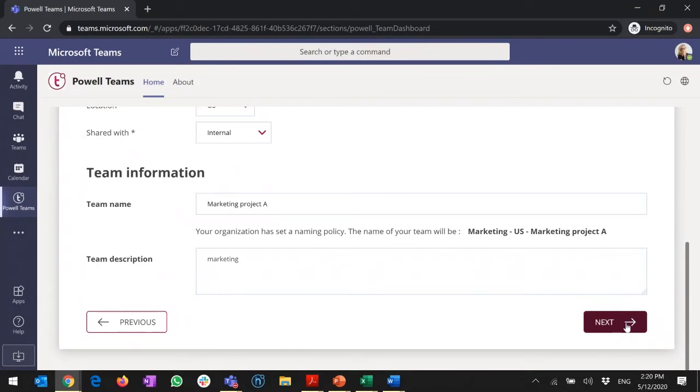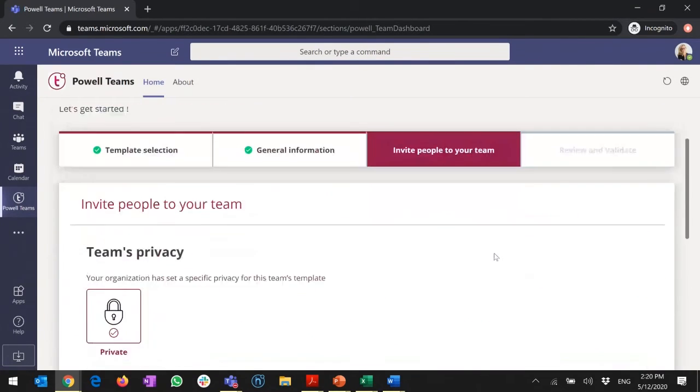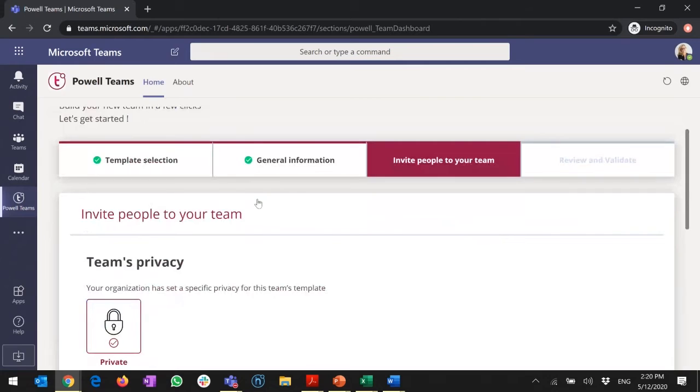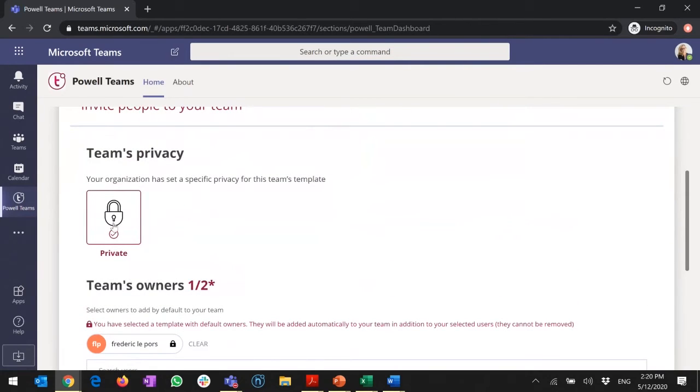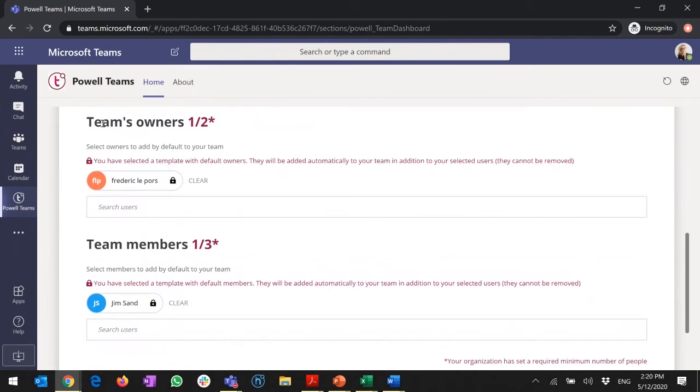So here I go on to the next step, which is to invite people to the team and define the team's privacy. As you can see here, the only choice I have is private. This has been defined at the template level. I cannot choose the privacy level, so I have to leave it private. And here I need to